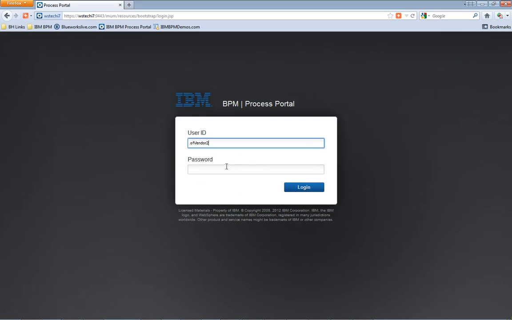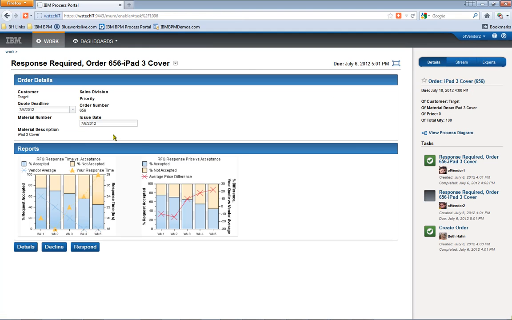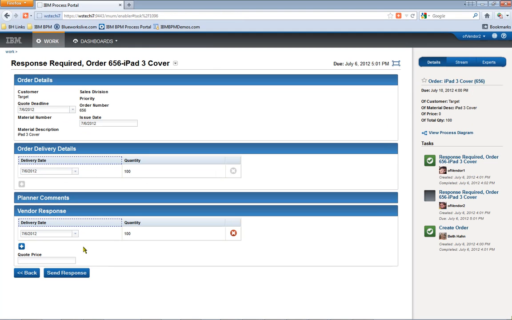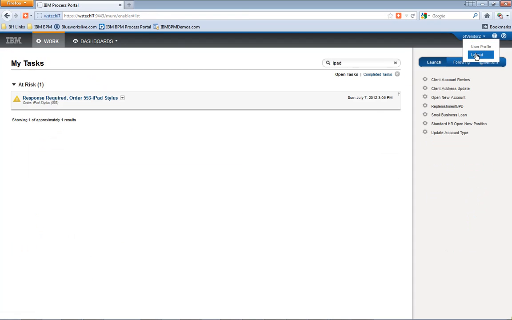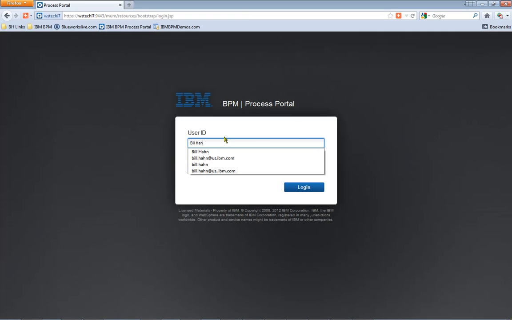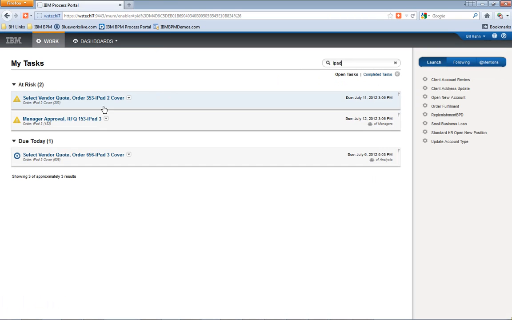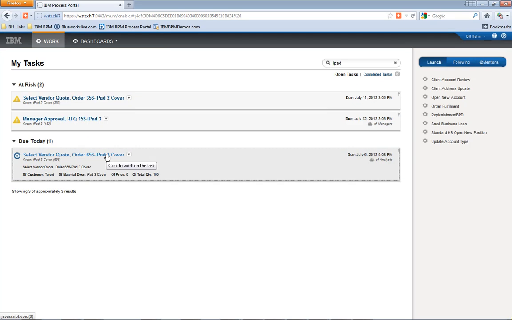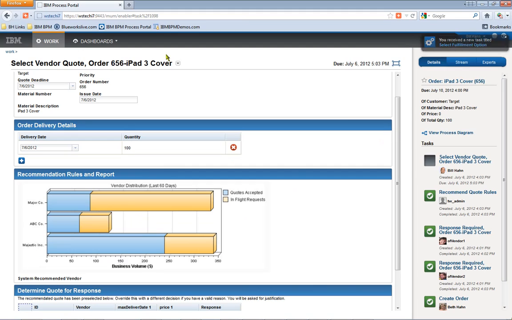Now vendor 2 will log on. Vendor 2 progresses the order, responds with an appropriate quote, a little bit lower price, and now when Bill logs in and takes a look at that order,